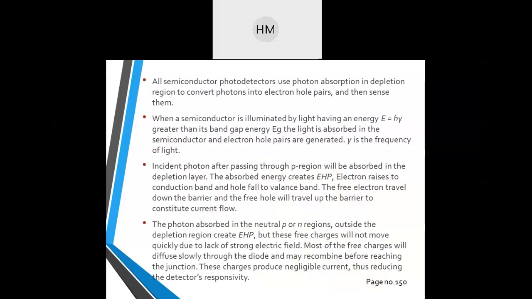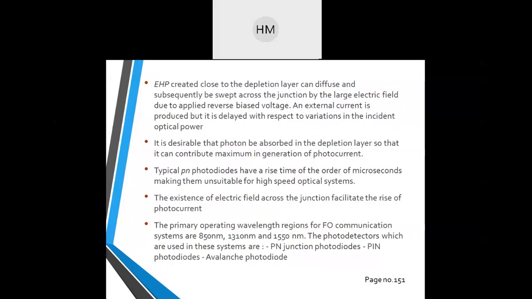So this is the whole theory which is written over here. Photon absorption is very important, which will release the current in the device. Photogeneration is very important, and the photon energy h nu should be greater than Eg. That is very important over here. Okay, so all the theory is written.